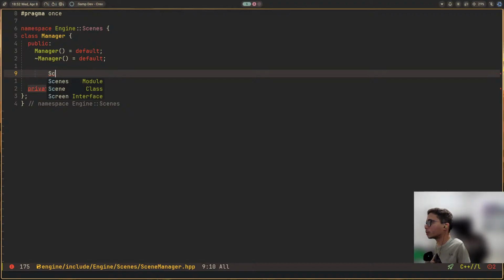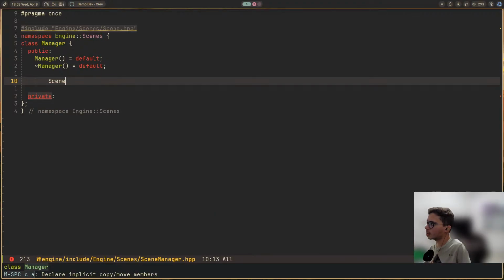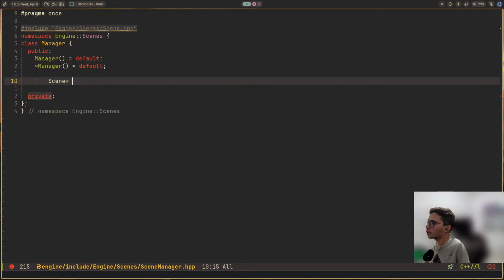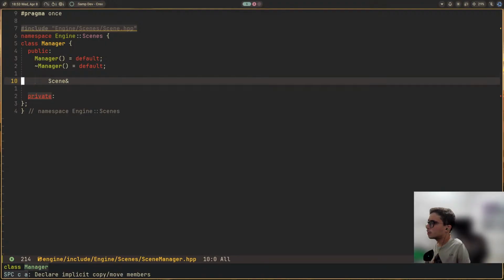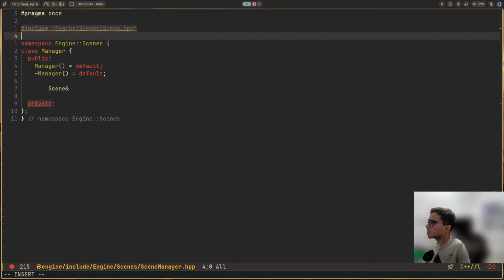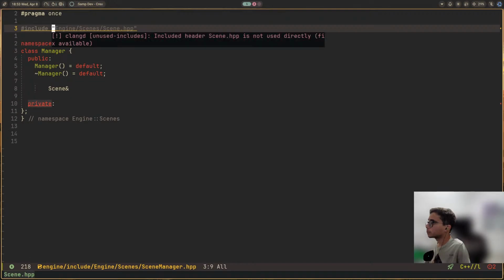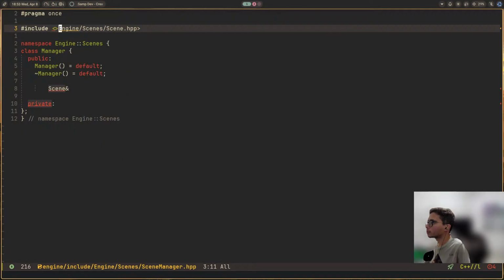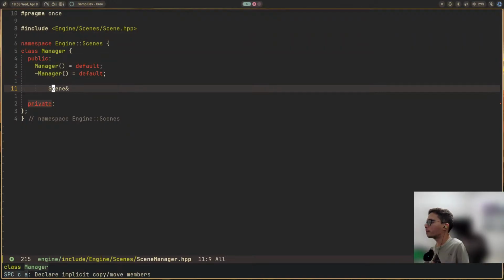The first one will return some scene pointer to it maybe, or better reference to scene, but it will be wrapped inside